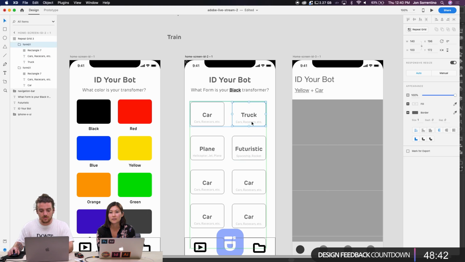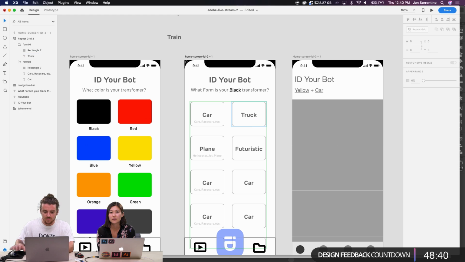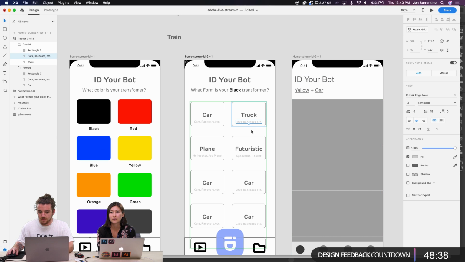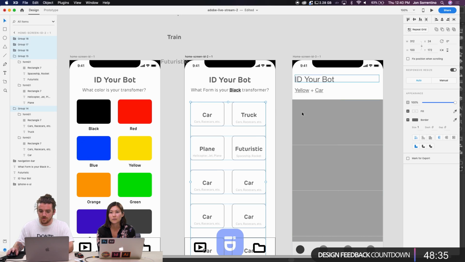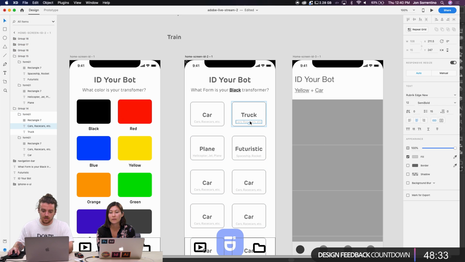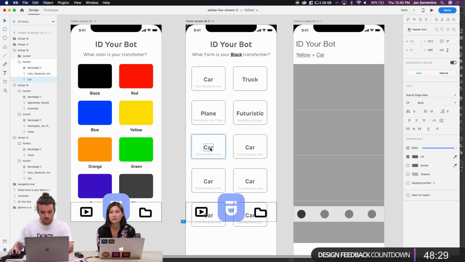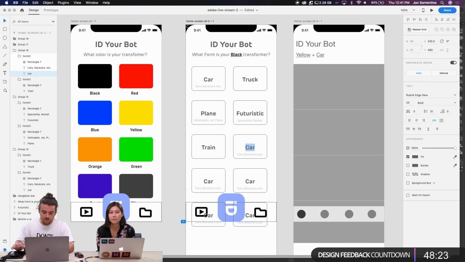Rocket, and then trucks, I'll just delete that from trucks. I have to ungroup this so I can edit them uniquely. Delete that one. Leave this. I'll do train. Delete that. Let's do military. Or actually beast. Bear, dinosaur.